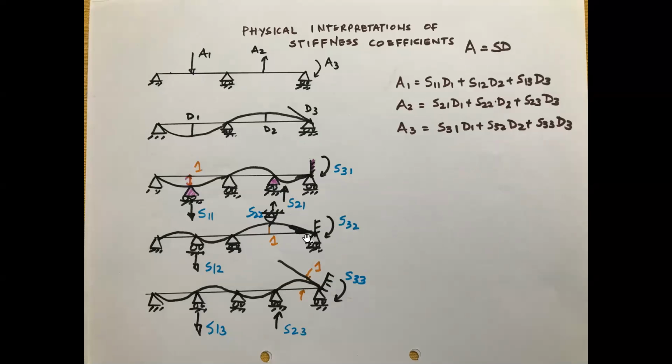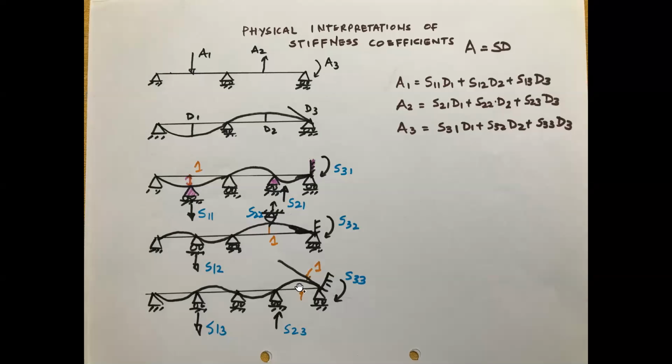S32 is the moment, unit displacement allowed at 2, and force is calculated at 3. And similarly, the last one, this will be S13. This force is S13. It is being calculated at 1, and unit rotation. Please understand, I told you moment is related with rotation. So you can show the support like a release, the inclined support which will rotate, which allows unit rotation here. And because of that, here S13 is produced.